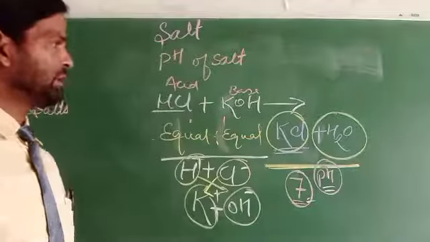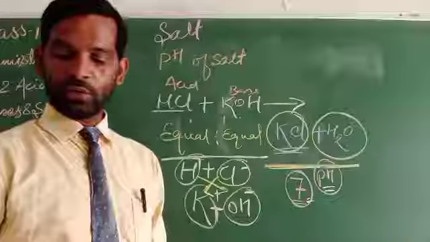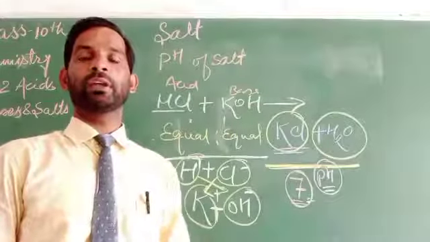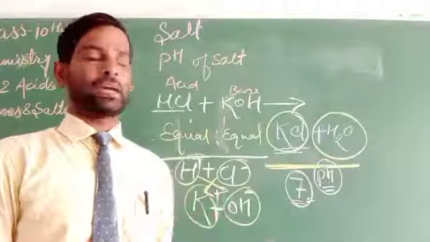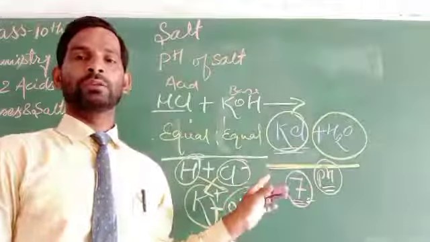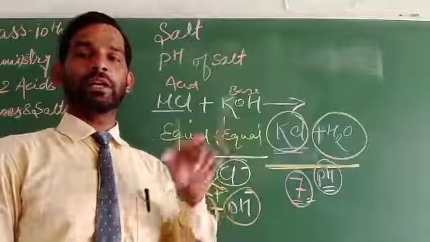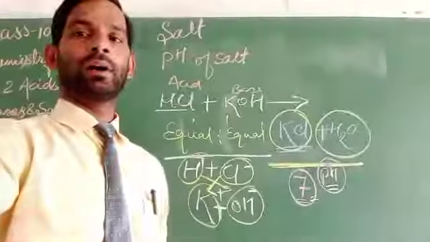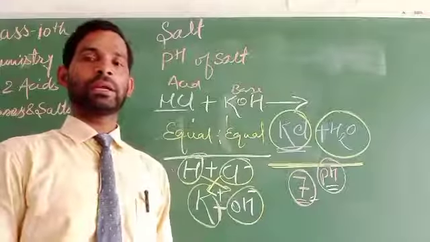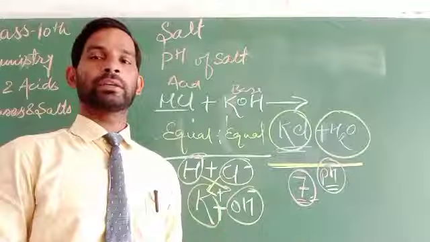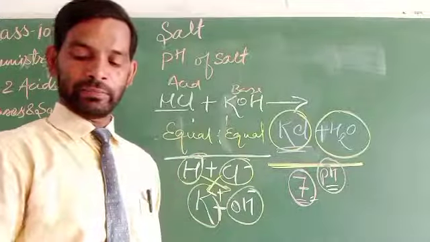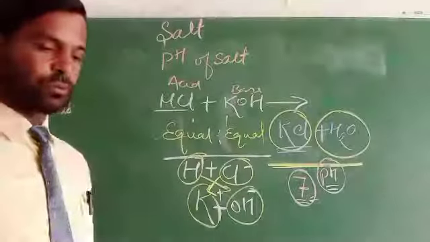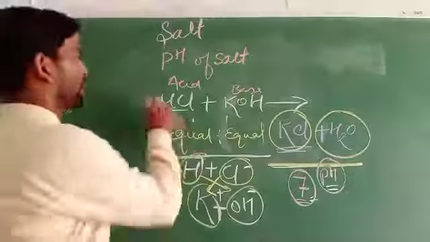We can say, in a very easy way, that a salt has a pH of about 7, due to which it is neutral at that particular pH value. So if the pH is 7, that always indicates it is a salt. Why? Because lower than 7 indicates an acid, and higher than 7 indicates bases or alkalis.